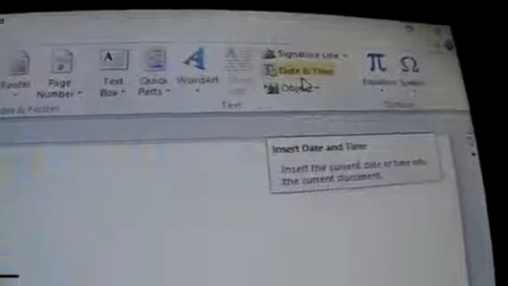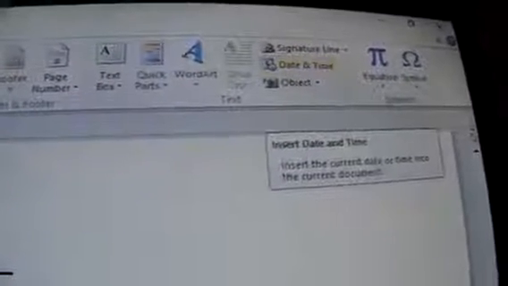So you see that the X there is representing the line, then you have Kuzai, who is the boss at this company. So if you want to leave out the signature line, you just click signature line and you'll be able to get that. Then if you want to show also the date on this type of document, simply put the insertion point, the black blinking line, at the point where you want to insert the date. So if I want to put it here, I'll make sure that the insertion point is here, and then I'll click date and time.